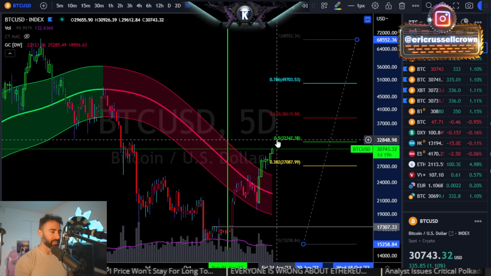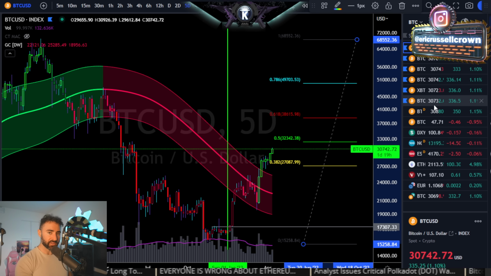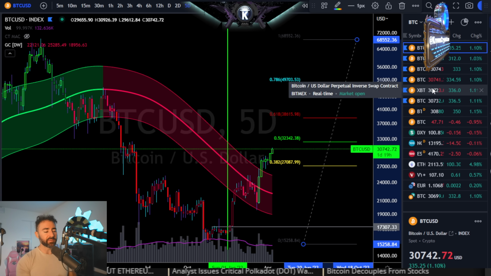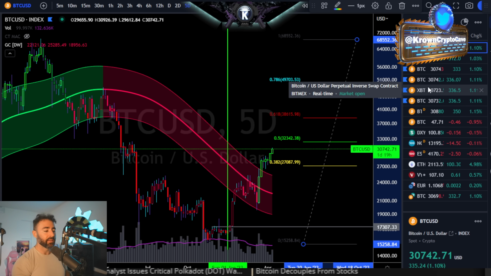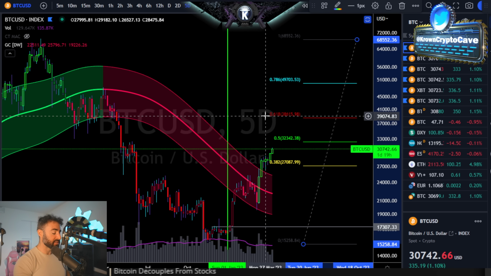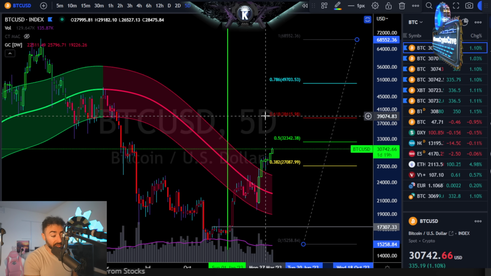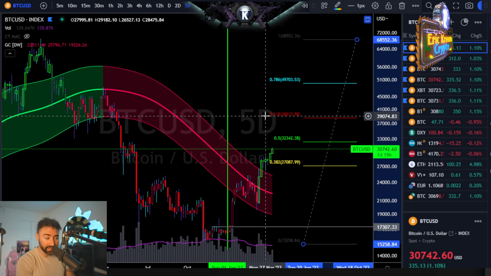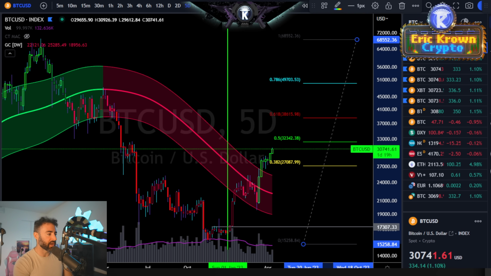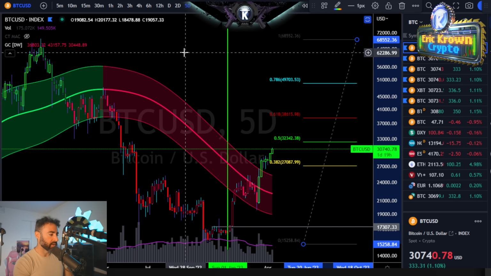That sounds oddly familiar to what we were just looking at on CME as far as the top side of the Gaussian channel. So you're seeing how all these things kind of work with each other, meaning that if Bitcoin does start to reclaim that region, then yeah, I do suppose that a legitimate target maybe into like May would be 39,000 bucks. But that would really be where I'd start to look for this rally to come to a great halt,